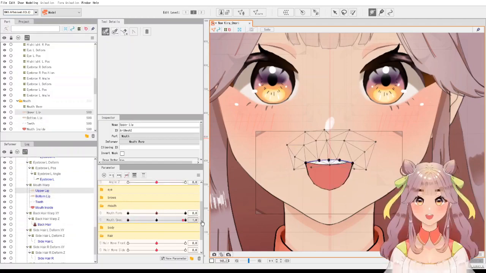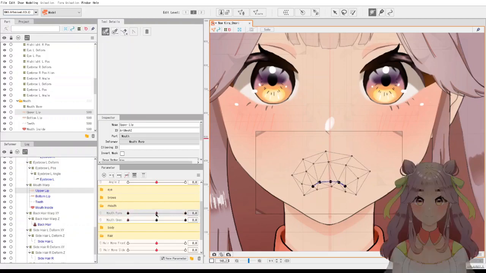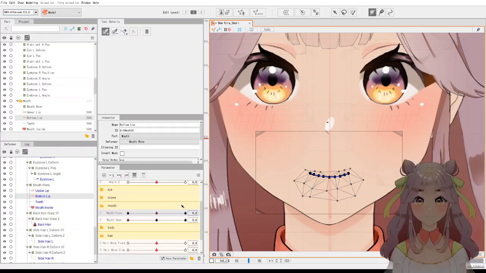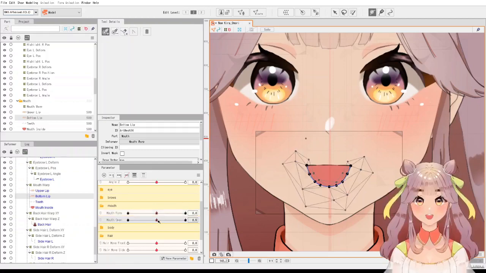Basically, mouth open is the opening of the mouth, and mouth form is the sad and happy mouth shape. I didn't include more mouth shapes and openings since I don't really deem it necessary, but if you want to, feel free to make several mouth shapes. Okay, for the mouth open,